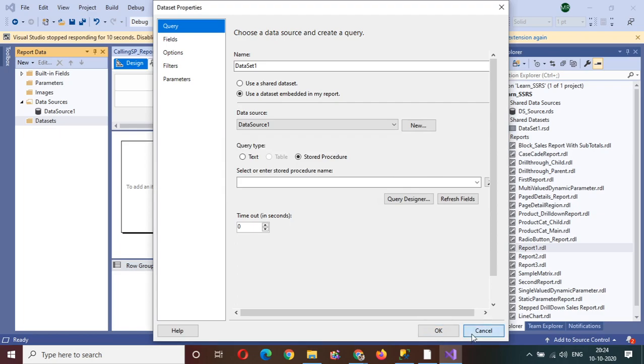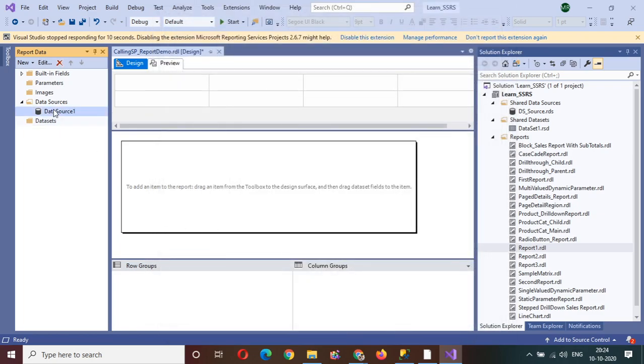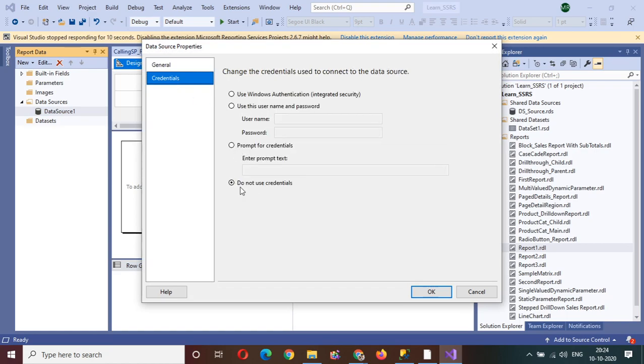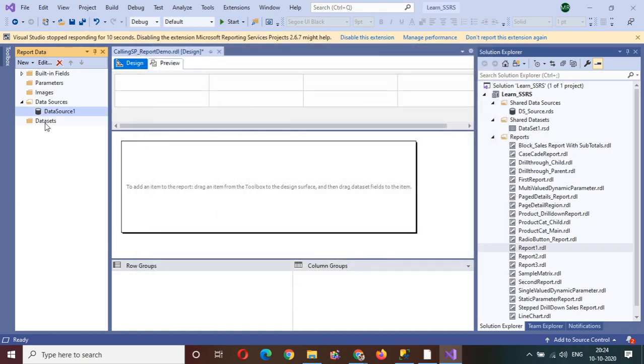So what you can do, just click on cancel, go to data source 1. It is happening because the credential by default is set to do not use credentials, but I have to use Windows credentials. So just select Windows credentials and click OK. Then double click on the data set to open it. Just give me a second, I guess it hung.